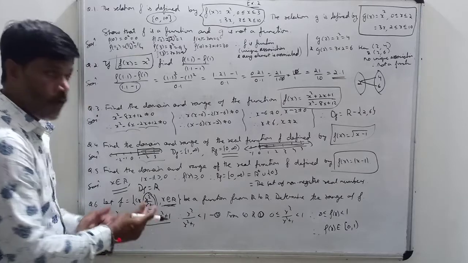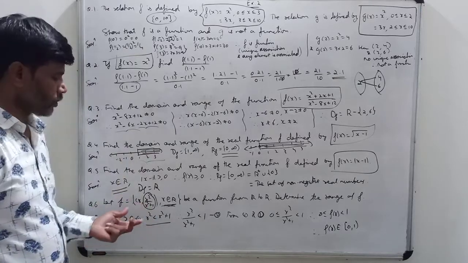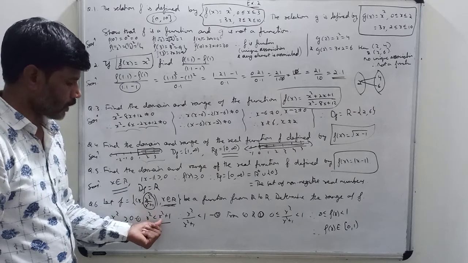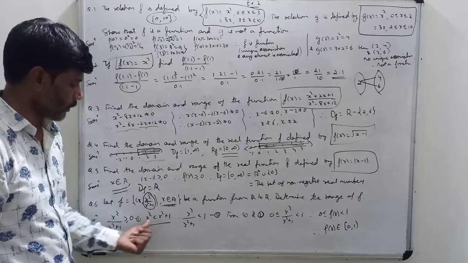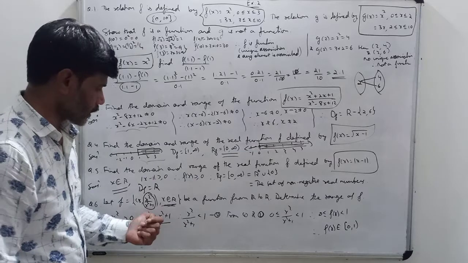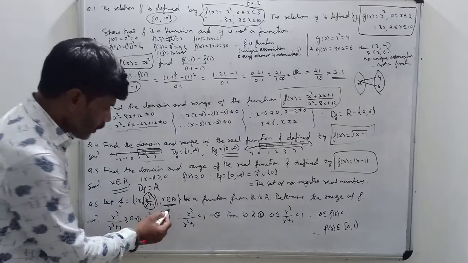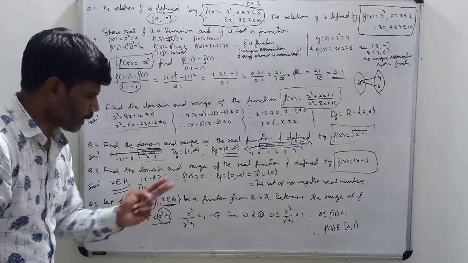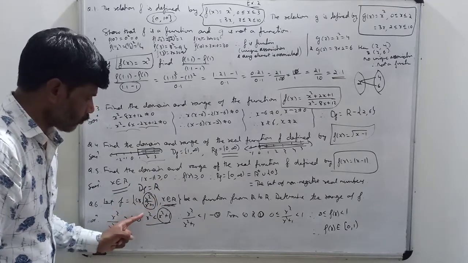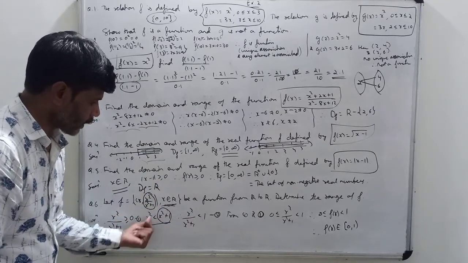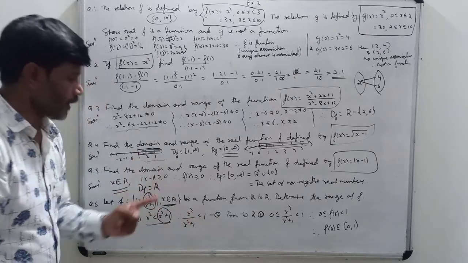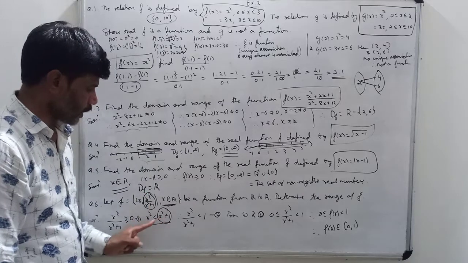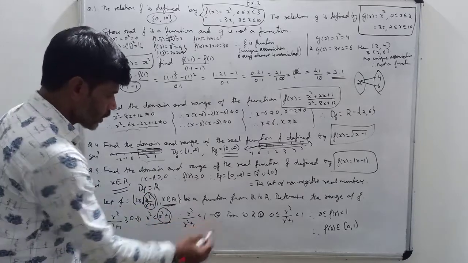Second, x² will always be less than x² + 1. You put any value of x. Suppose 2. Left-hand side 2 squared, that is 4. Here 2 squared plus 1, 4 plus 1, 5. So 4 is less than 5. So therefore it is correct. Okay. Now x² + 1 is a positive number. So I am dividing by x² + 1, or multiplying by 1 upon x² + 1 on both sides. So this will be x² upon x² + 1 on the left-hand side, and the right-hand side will be 1. Whenever you multiply an inequality by a positive number, the inequality will not change. So here less than will remain less than. Okay, call it result number 2.